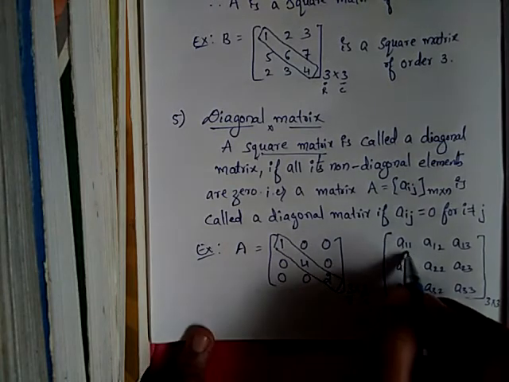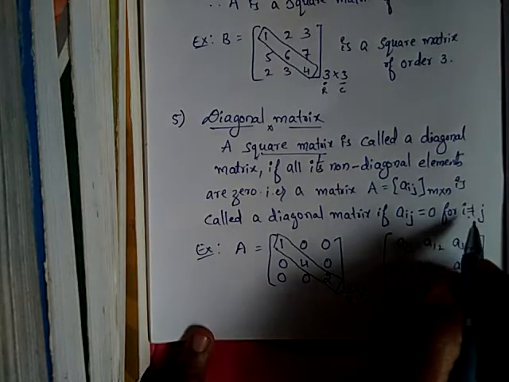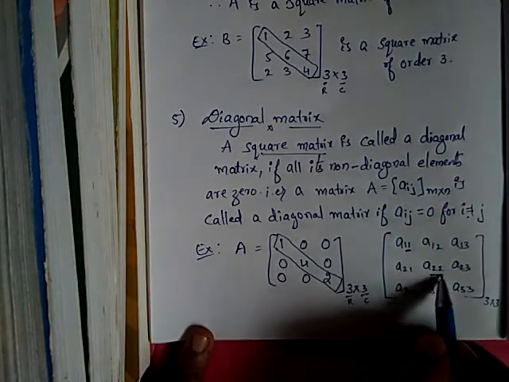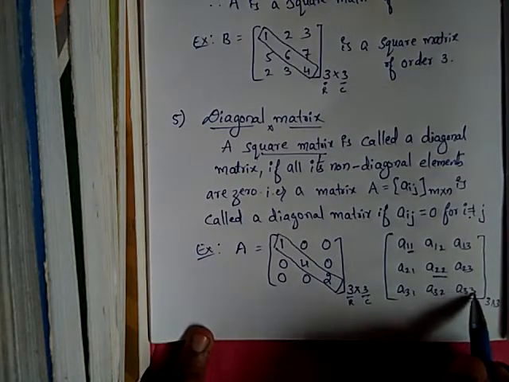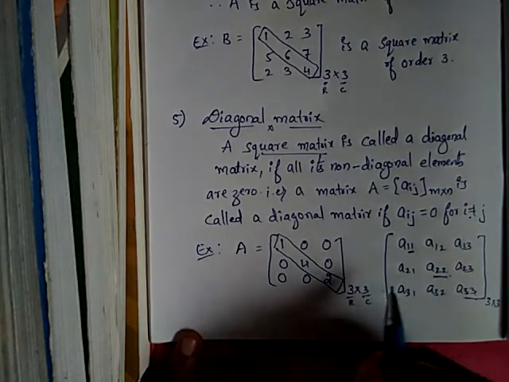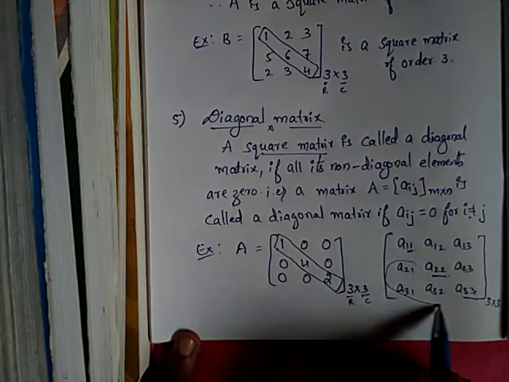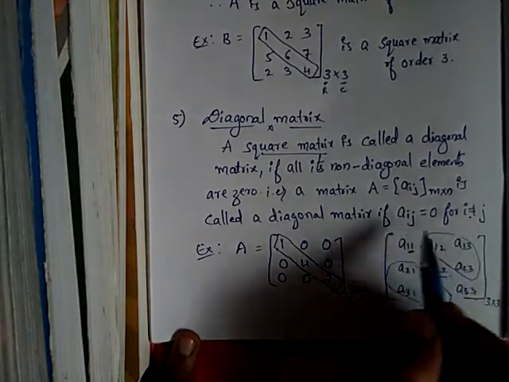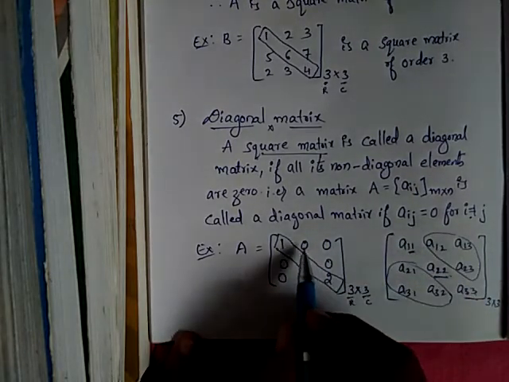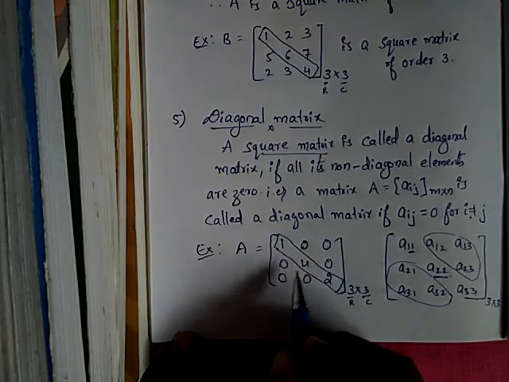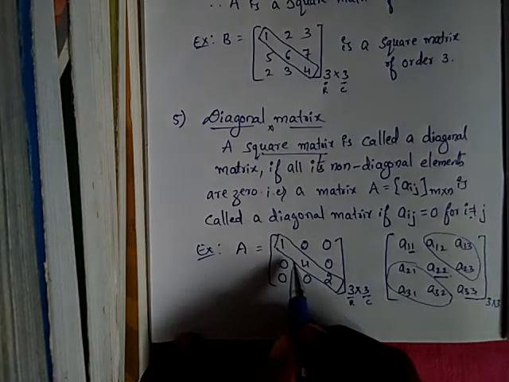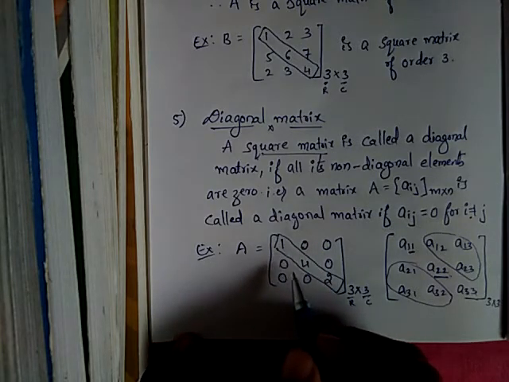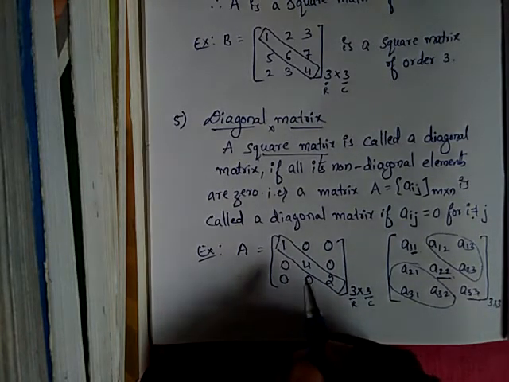This is the general form of the 3 by 3 matrix. So here see, i is not equal to j. So i is equal to j means these: 33, 22, 11 are equal. So these are all non-diagonal elements, this and this. So all these entries will be 0. See here 0 0 0 0 0 0. So except this diagonal, we can say that all other elements are 0.